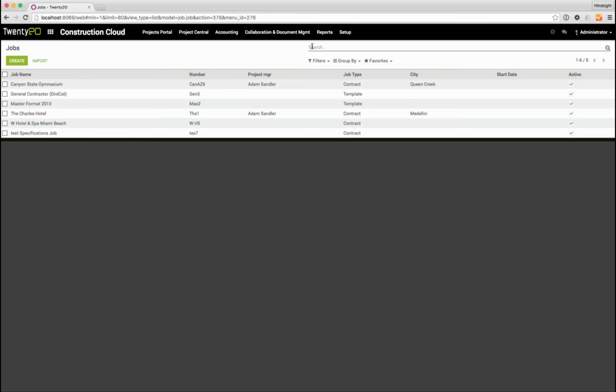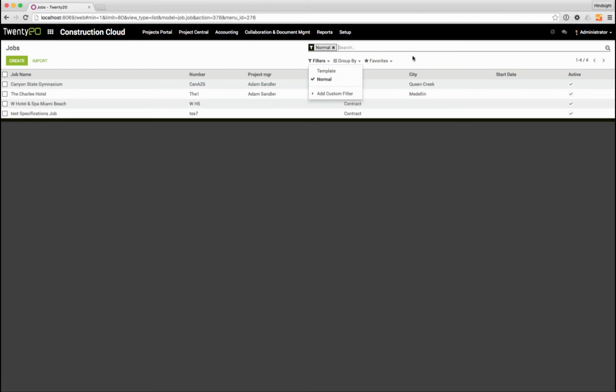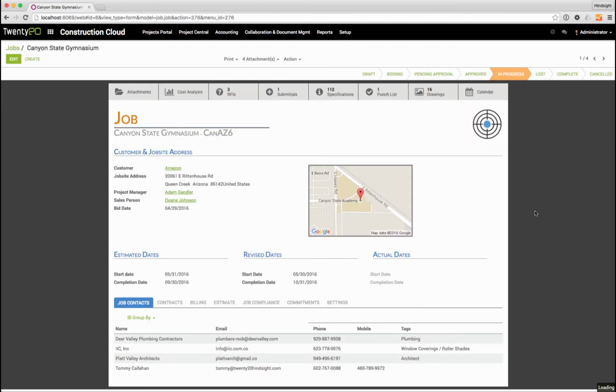So the ability to search through records, to filter, I only want to look at my normal jobs again, and maybe I want to group those jobs by something. All of these features are available in all of the list views, as you will see as we go through the demonstration here. I'm going to click on this Canyon State Gymnasium job that we were looking at, and this